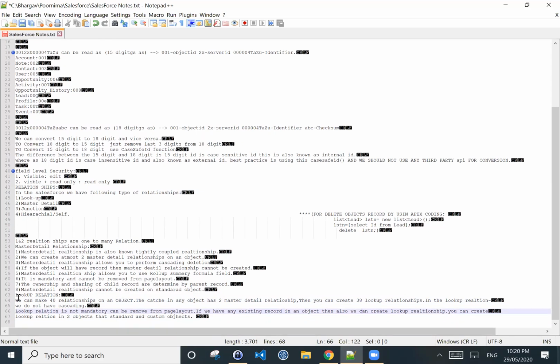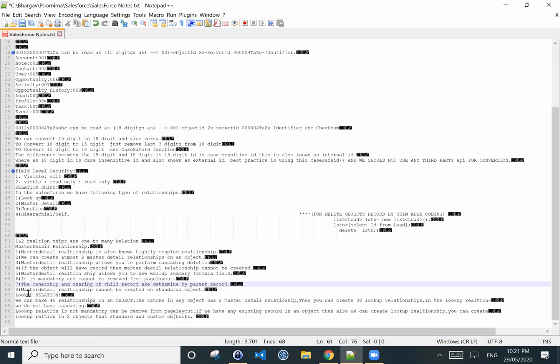Okay, in this one we can make 40 relationships. See, the maximum in master detail we can make is two relationships at most, but in a lookup relationship we can create 40 relationships.